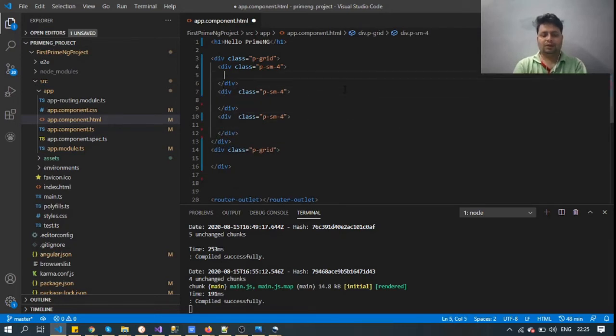So we can say the small device size is 1/3, or we can say 4/12 columns, right?